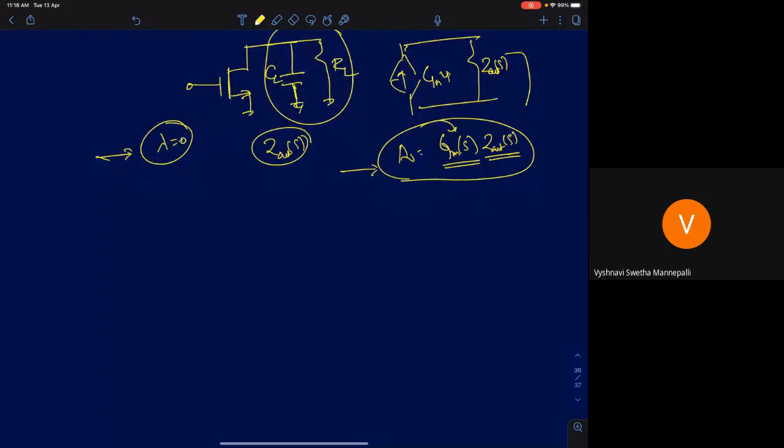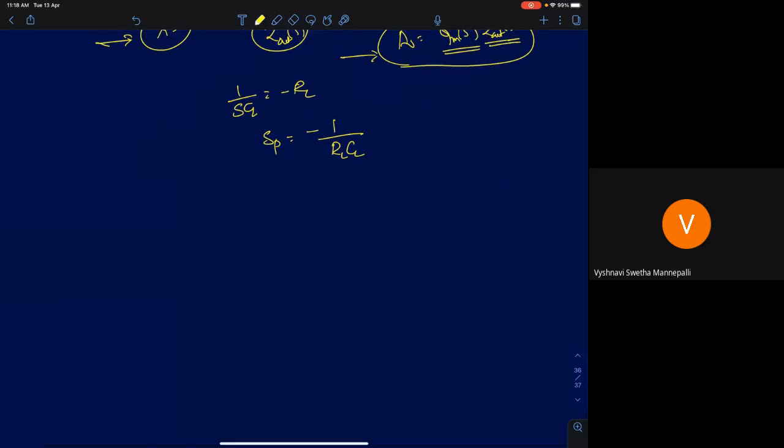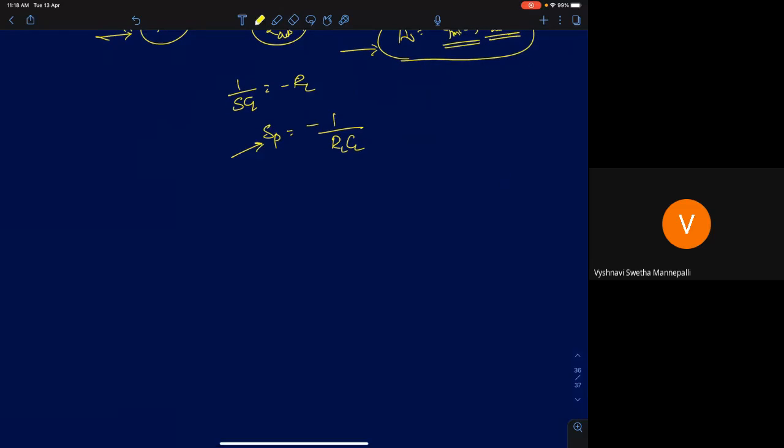So we saw how to find the pole of a parallel RC circuit. If you have R and C in parallel, then you can directly say the pole location will be minus 1 by RLCL. Remember, in the s plane we write the sign of the pole as well. Generally we write omega p, in radians per second, as just 1 by RLCL. So this is the location of the pole.